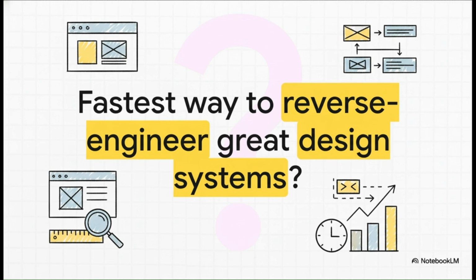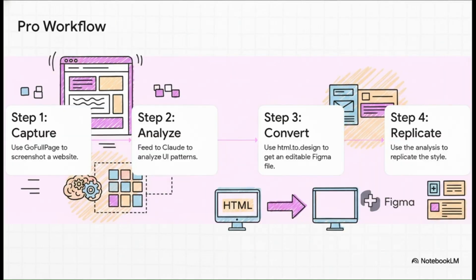But how do you quickly break down and understand the design systems of amazing websites like Stripe or Linear without spending weeks just measuring pixels and guessing font sizes? There is an incredible pro workflow for this. First, you use a simple tool like Go Full Page to grab a perfect screenshot of a site you love. Then, you feed that image to an AI like Claude and just ask it to analyze the UI patterns,